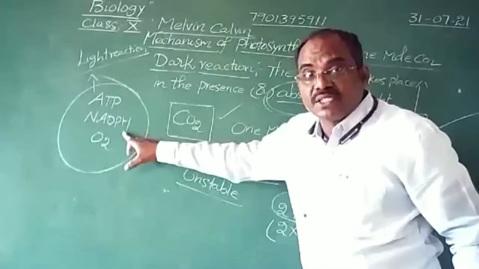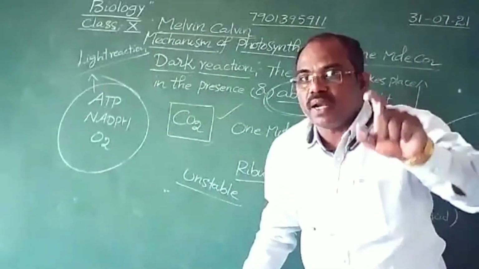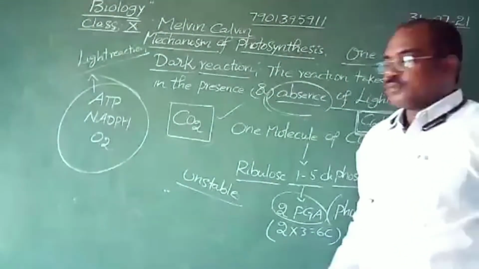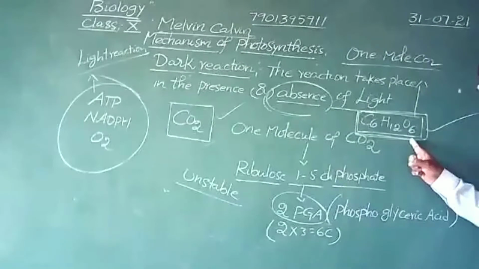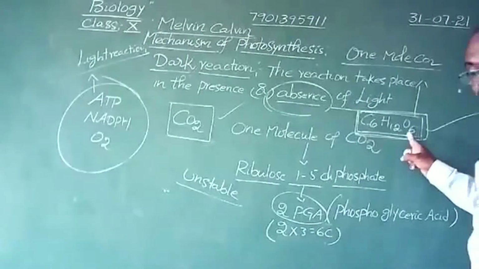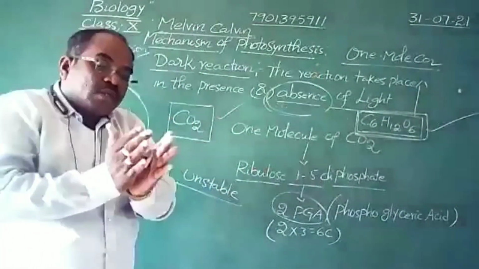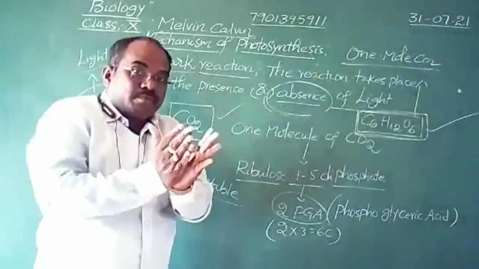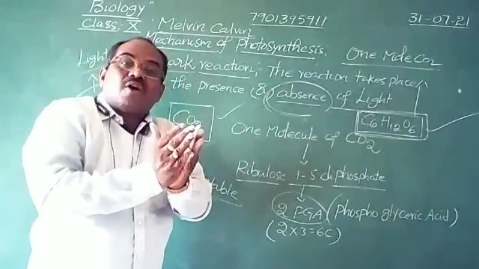ATP and NADPH are the compounds, electron acceptors, and these are also known as assimilatory powers. In dark reaction process, carbohydrates, starch or glucose is formed. This entire mechanism, light reaction and dark reaction,